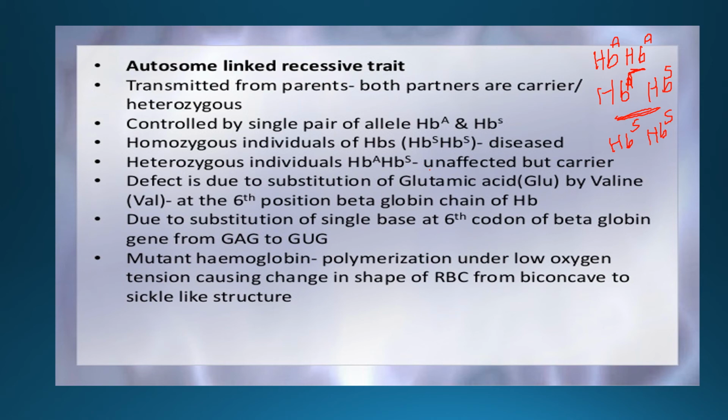This disease is caused due to a mutation in a single nucleotide, at the 6th position, where valine replaces glutamic acid. So instead of GAG, GUG is produced in the beta chain of hemoglobin. Hemoglobin is synthesized by 4 polypeptide chains, 2 alpha chains and 2 beta chains. In the beta chain, there is the mutation. Due to this mutation, the shape of the RBC is distorted from the biconcave shape and attains a sickle shape. Due to this, there is no proper transportation of oxygen.